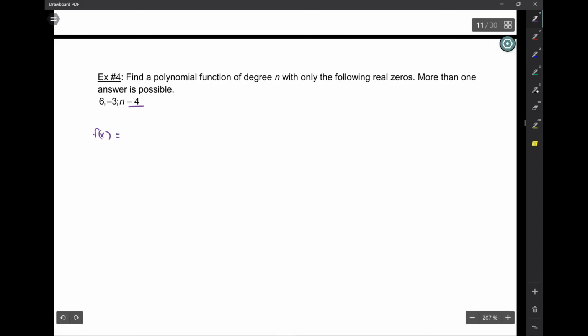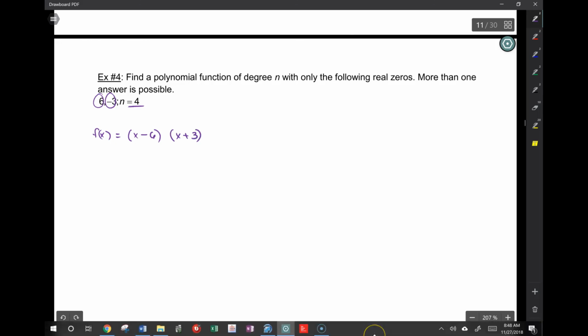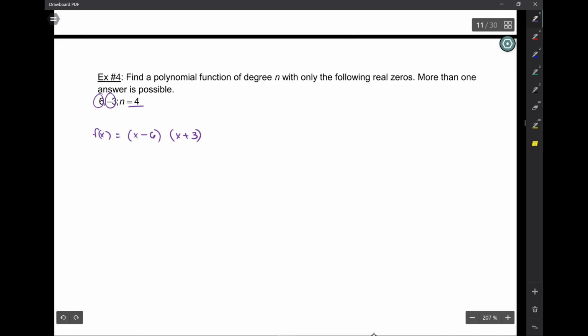So f of x is equal to, if it's got zeros of 6 and negative 3, that means it's got a factor that looks like x minus 6 and a factor that looks like x plus 3. Is that right? Now, what would be the degree of this as it is now? 2. But I need it to be 4. So I could do square and square, or 1 and 3. Yeah, that adds to 4. Or